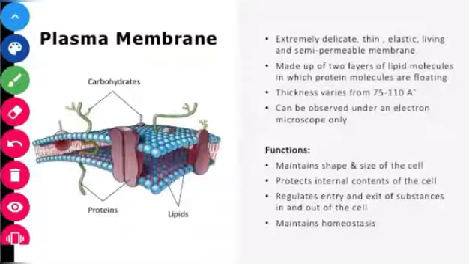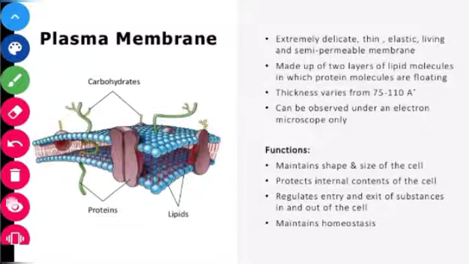Hello everyone. This class is for all the KSET life science aspirants. In the last class we stopped at the bacterial cell. So today let us continue with the organelles. Some of the organelles I have mentioned, the first part is the plasma membrane. So let us study some information about the plasma membrane.